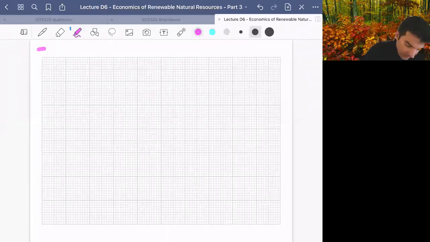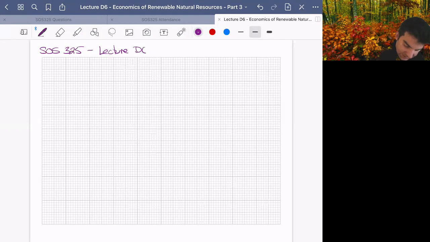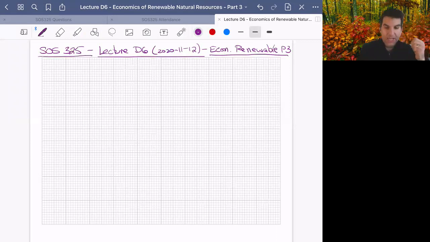All right, so we are still chatting about natural resources. So lecture D6, this is the 12th, Econ of Renewable, and part 3. And so we have been working with this picture of a forest stand. Just as a reminder,